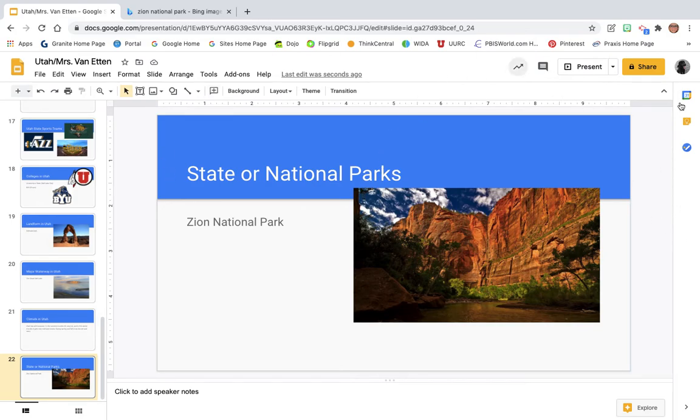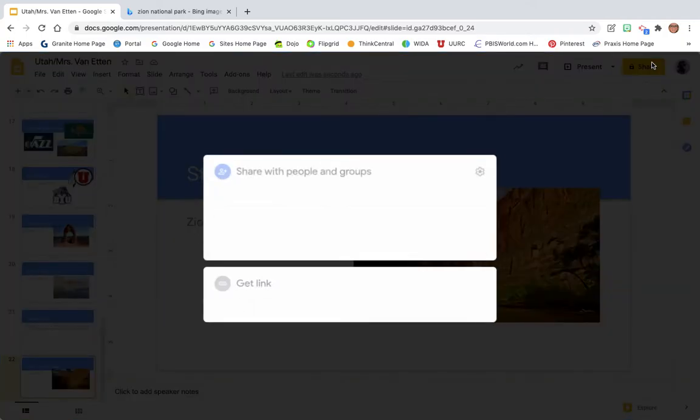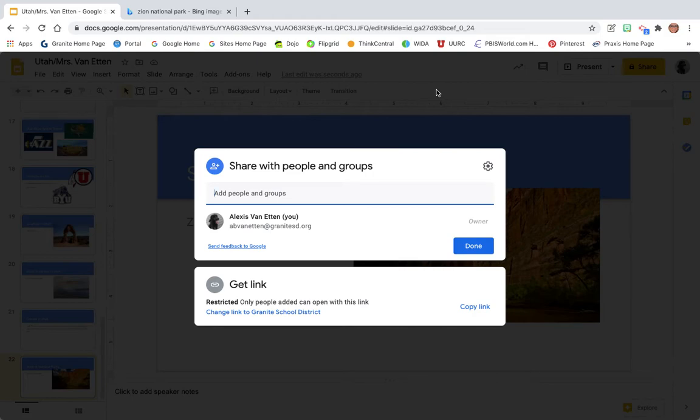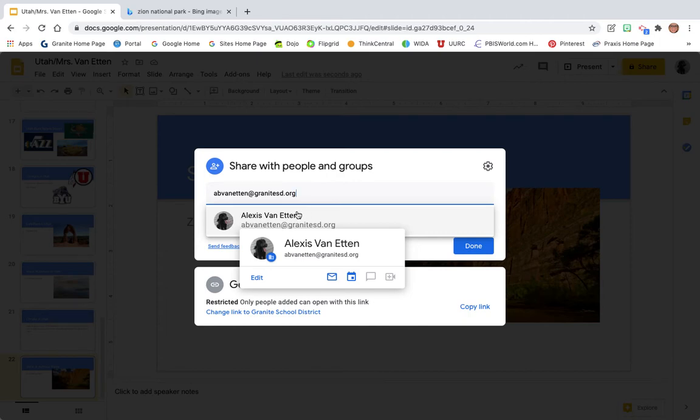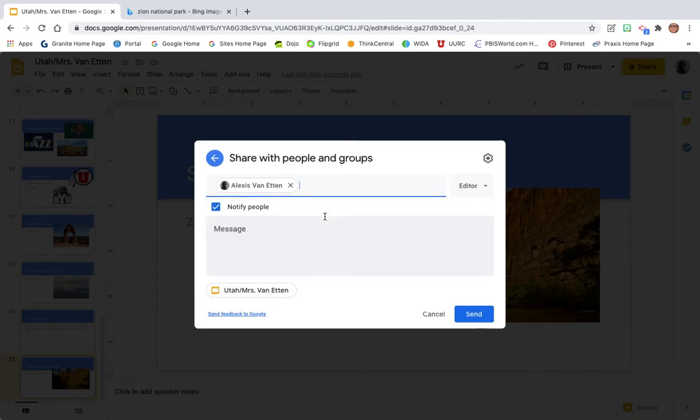So to do that, you're going to click on this yellow share button. And then what you're going to do is you're going to type in A.B. Van Etten at granitesd.org. And if you need to pause the video to write that down, please do so now. But it's A.B. Van Etten at granitesd.org. This should pop up where it shows a picture of my dog and it says my name. So if you click on that,